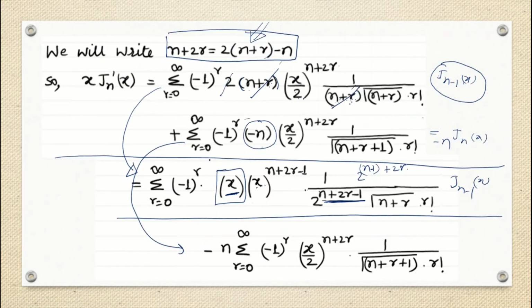So for that reason we got that this is subtracted wherever I have n, it is subtracted with 1. So this is my J n minus 1 x. And what about this term? For my J n x, this is n plus r plus 1. So for my J n minus 1 x, it is my n plus r, right?